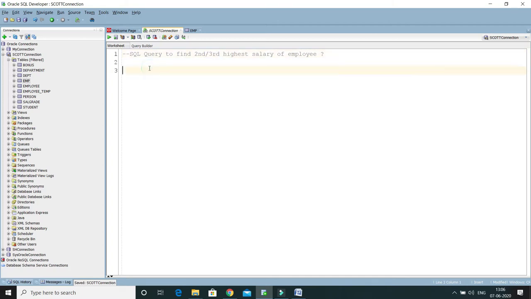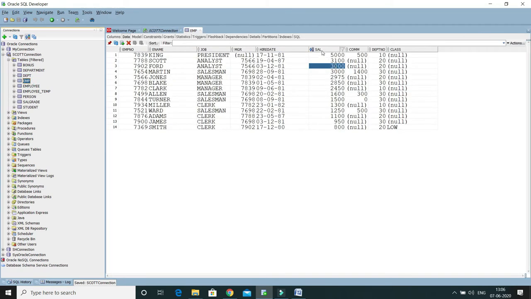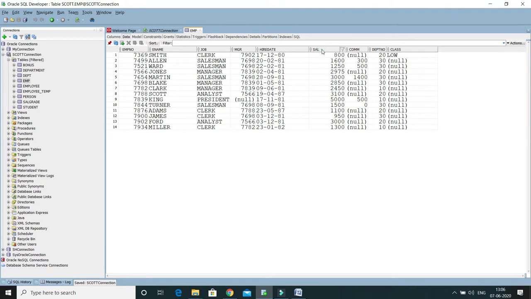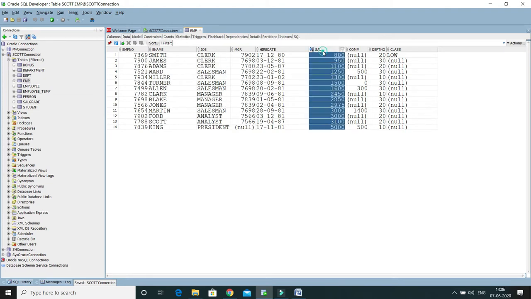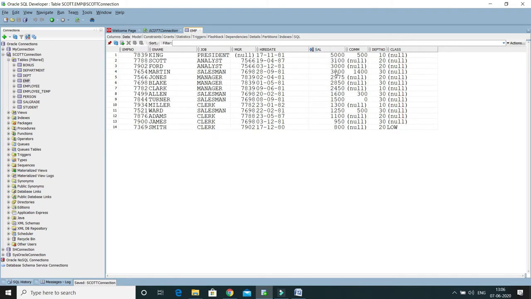So here I have an employee table. Let me show you. Here basically if I click on the employee, then in the salary column, this column gets sorted, and here you can see this is the first highest salary, then second highest salary, third highest salary. We have 3,037, something like this. So now this column name is sal and table name is EMP.